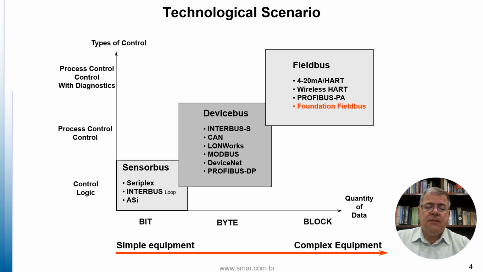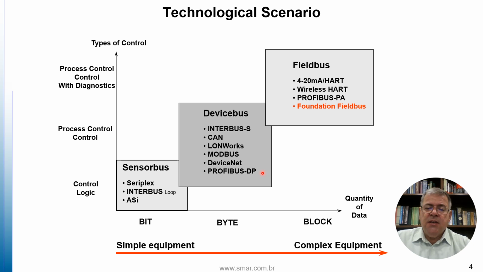On the bit level, there are the so-called sensor buses, which are simpler networks, on and off. Examples include ASI, Interplus, and Seriplex. Then come byte-level networks, a bit more complex, known as device buses. We have Interbus S, CAN, LonWorks, Modbus, DeviceNet, and Profibus DP, one of the most recognized, together with Modbus and